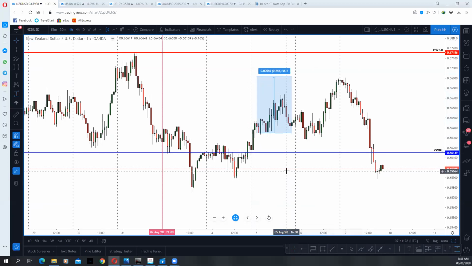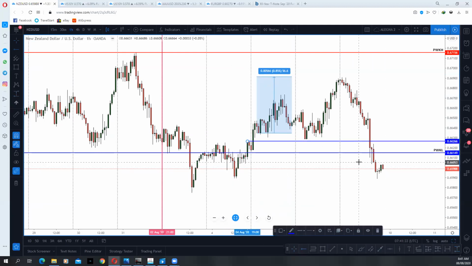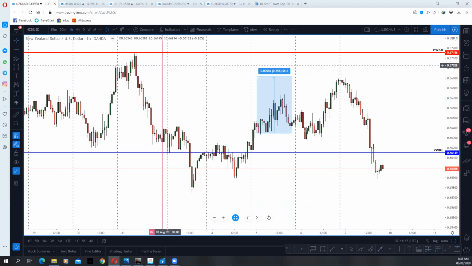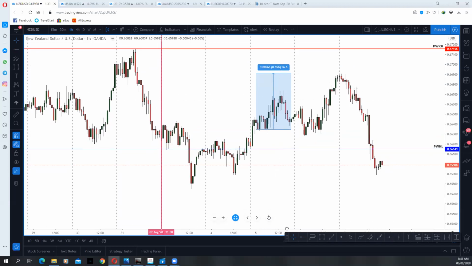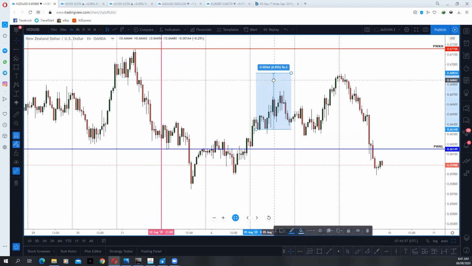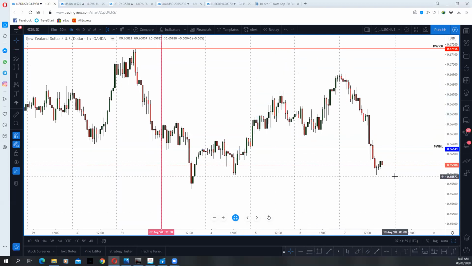Because when you're trading this, you must understand structure. You must understand price action very well. If you don't understand price action, you're going to have a lot of problems trying to understand this. So before that, what did they finally do? They finally broke to the downside after that high. Price was finally broken to the downside. It closed the week below last week's low.